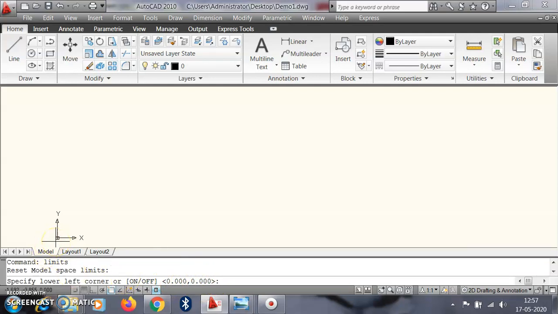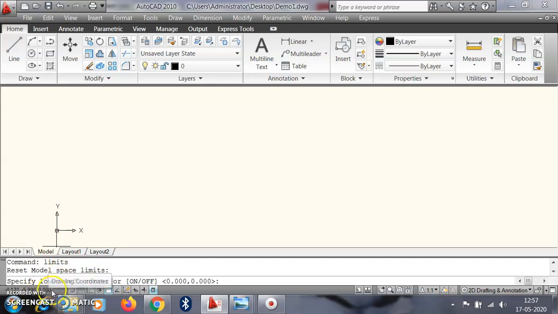This one will be our origin. This point is 0, 0. We know that in the coordinate system x is always written first, then y, and if there is a third dimension, the z dimension, that will be written after that.